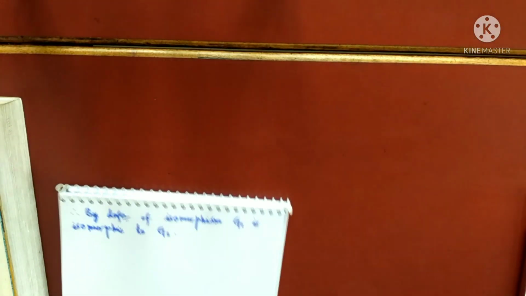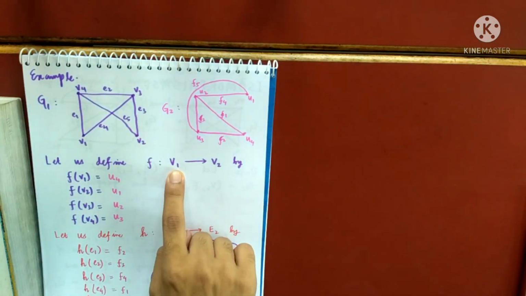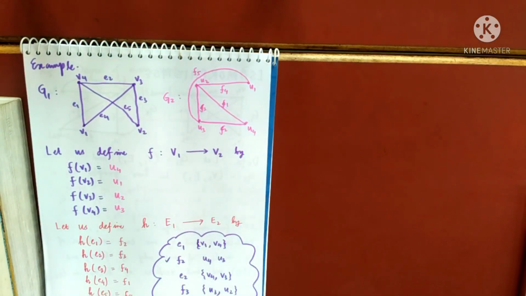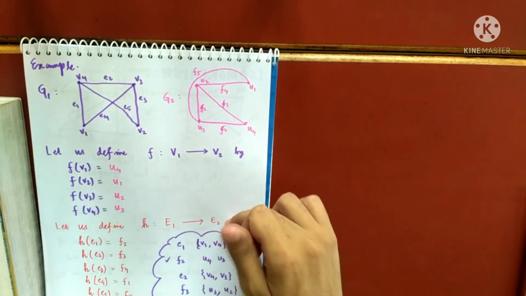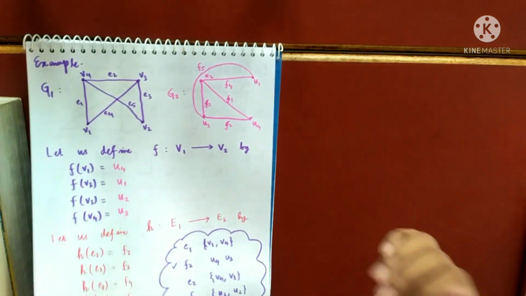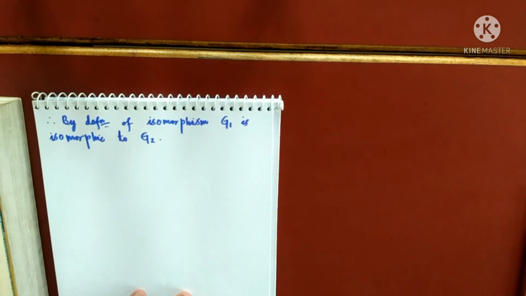Why is G1 isomorphic to G2? Because I constructed a map from V1 to V2 and E1 to E2. If I would have constructed the map from V2 to V1 and E2 to E1, then I will say G2 is isomorphic to G1. So any confusion up to here? Now I have a few questions. Is a graph G always isomorphic to itself? It is very obvious to construct such maps and satisfy the definition. It is very easy. Now, if G1 is isomorphic to G2, will G2 also be isomorphic to G1?